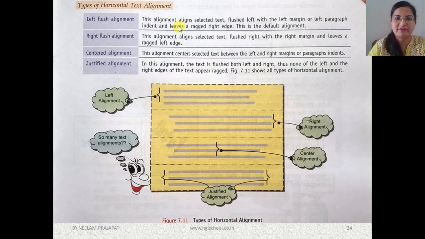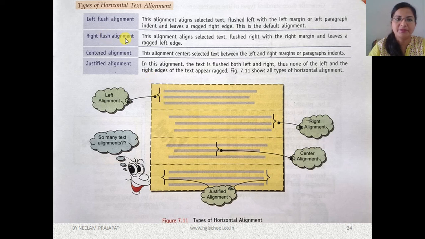This alignment aligns the selected text flush left with the left margin or left paragraph indent and leaves a ragged right edge. This is the default alignment. Always the text will be left aligned. You can see here the right edge is ragged, but the left is properly aligned on the left margin.